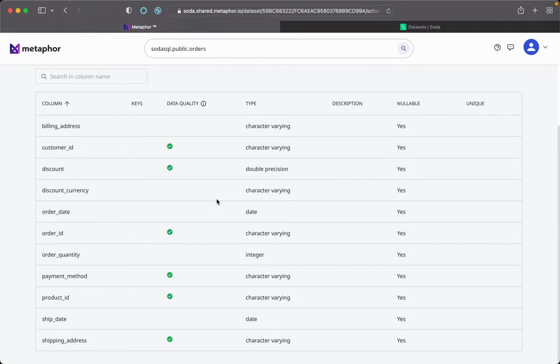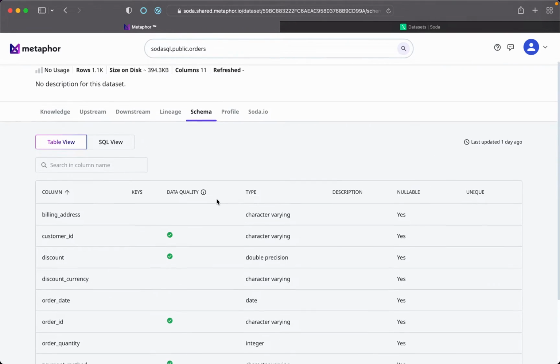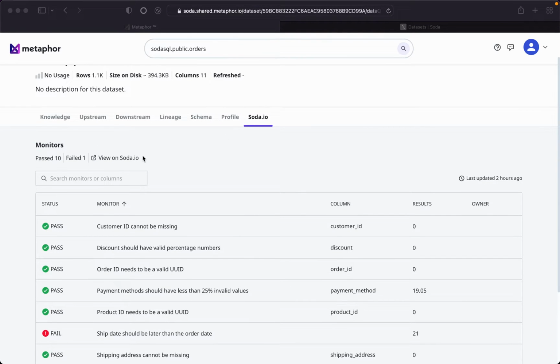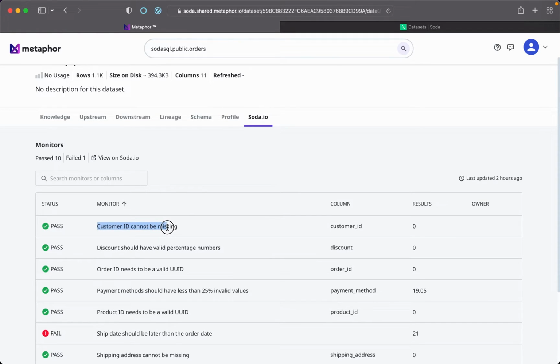We have configured some data quality monitors on this table using Soda, and the Soda Metaphor integration allows me to get an overview of these checks. For that, I can use the Soda tab. Here, I can see that 10 out of 11 monitors have passed, and I can browse the monitors down here, see what they check, what is their status,